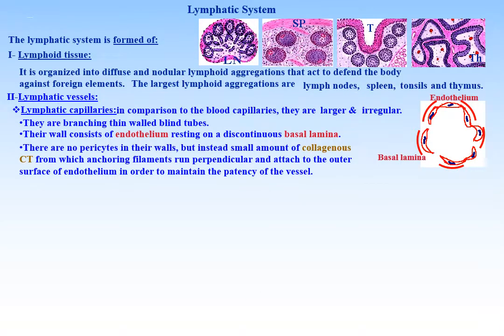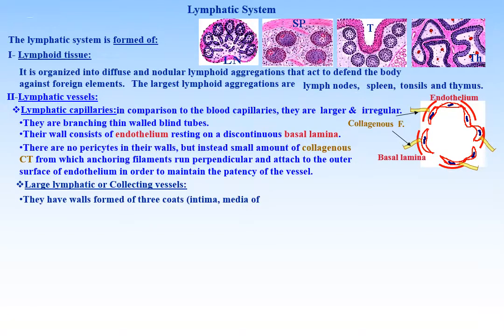There are no pericytes in their walls, but instead small amount of collagenous connective tissue, from which anchoring filaments of collagenous fibers run perpendicular and attach to the outer surface of the endothelium in order to maintain the patency of